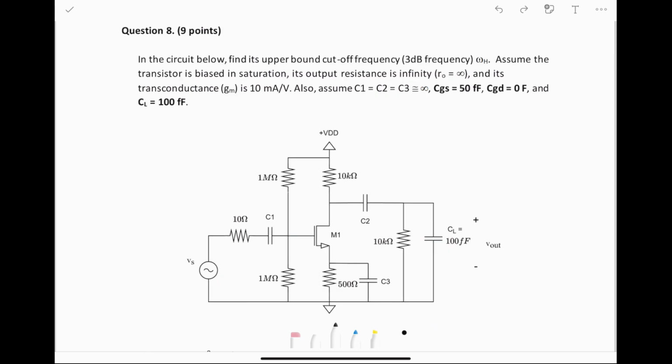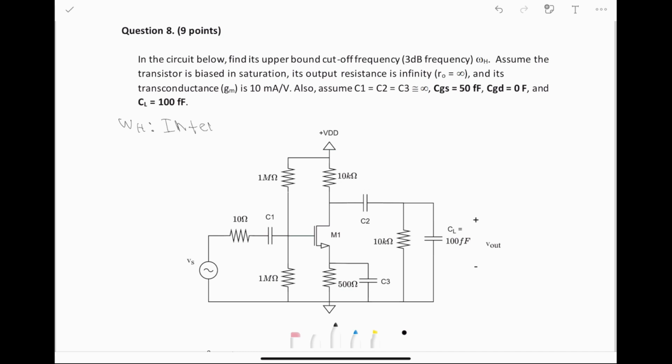In the circuit below, find the upper bound cutoff frequency, omega H. Assume the transistor is biased in saturation, its output resistance is infinity, and its transconductance is 10. Also, assume C1 equals C2 equals C3 is approximately infinity, CGS is 50 femtofarads, CGD is 0 farads, and CL is 100 femtofarads. So this is a problem that asks us for omega H, the upper bound cutoff frequency, which